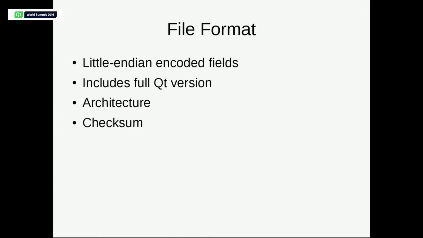We also store the architecture, so if you put these things on, say, an NFS share, and access it from two different machines with different architectures, in the unlikely event thereof, it should still work. It's not going to be blazing fast because it won't match, so it has to regenerate. But we store that at least, so it doesn't crash. And we also store a checksum. And this is where the regeneration comes in. We store a checksum of the dependencies, the things that we depend